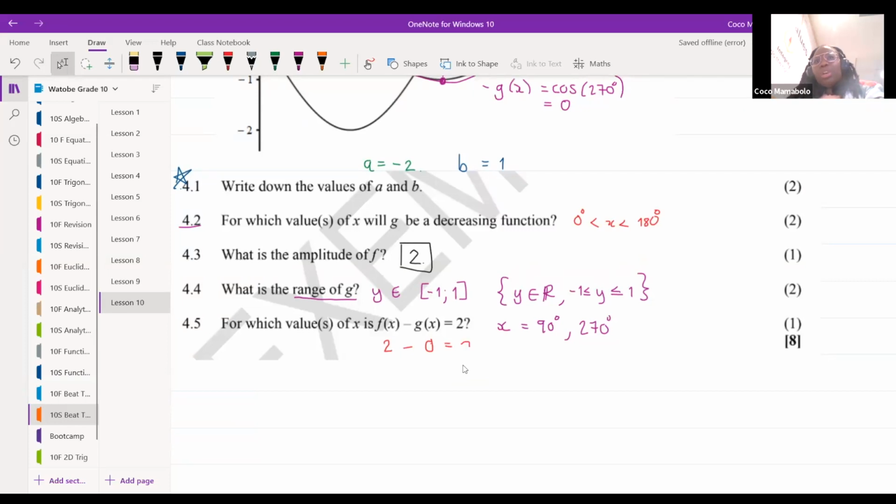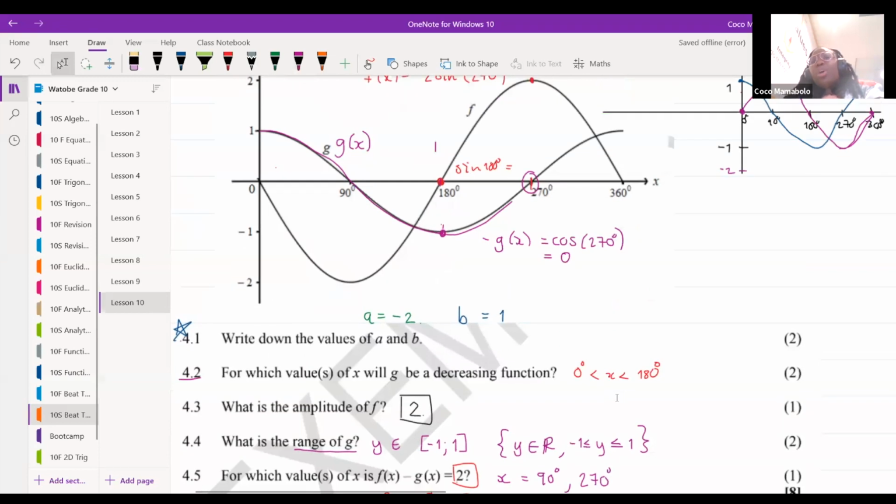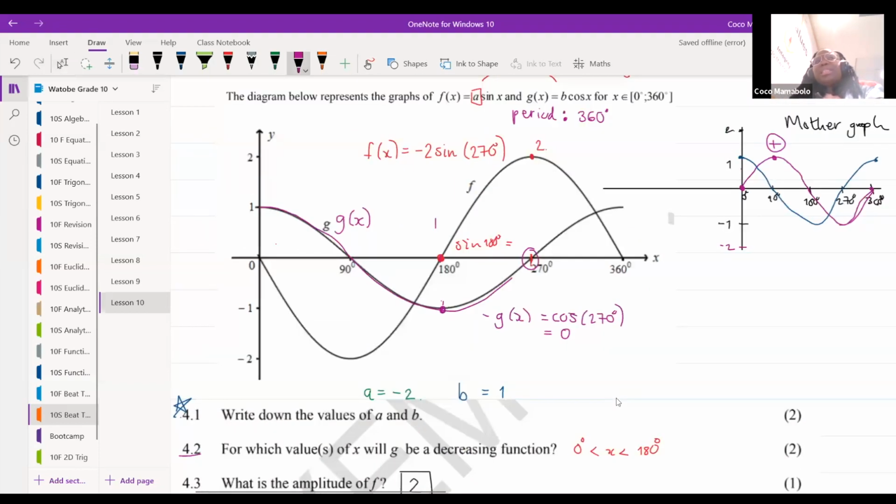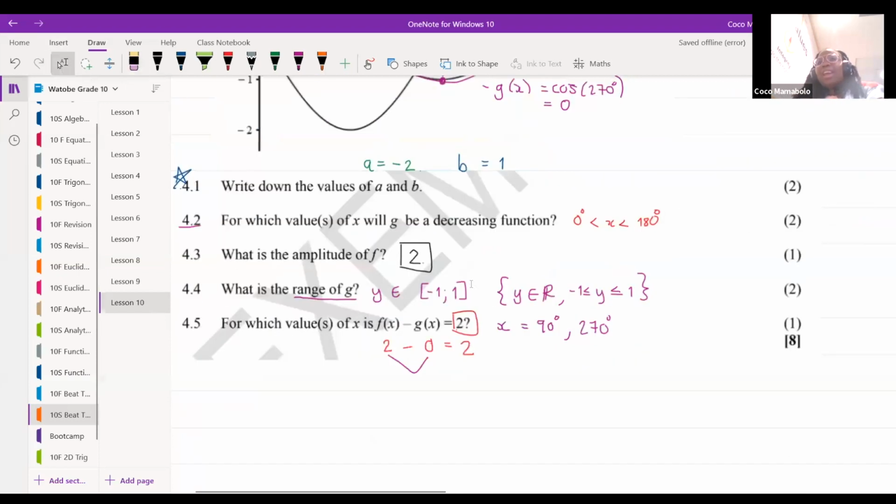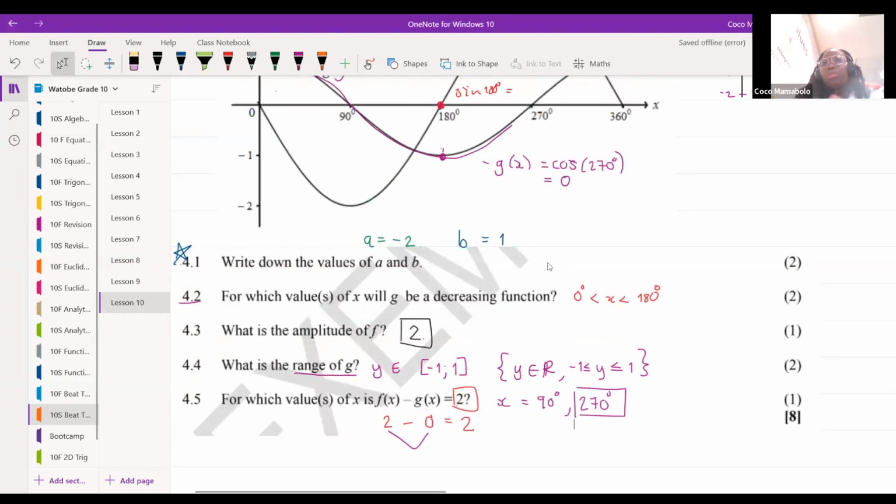Good, it is 2. That's the answer that they want, right? So at which value of x did we find these 2 and 0? Where did we find these two values? Which degrees did we use to get the point 2 and 0? That's it, 270. That's why the answer that we've got over here is 270. Does that make sense? Okay, I can guarantee you, if you go to 90,